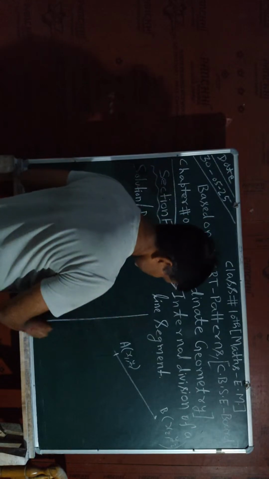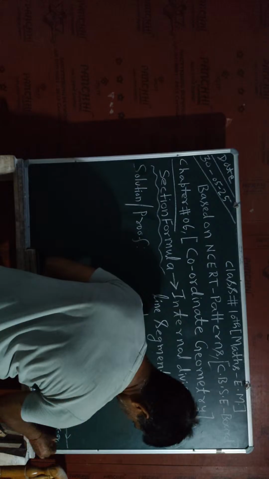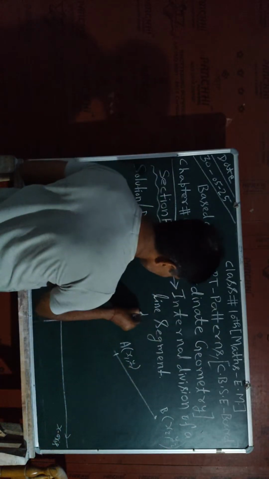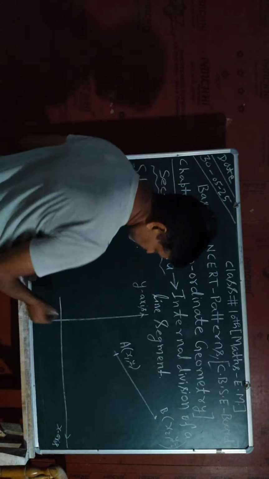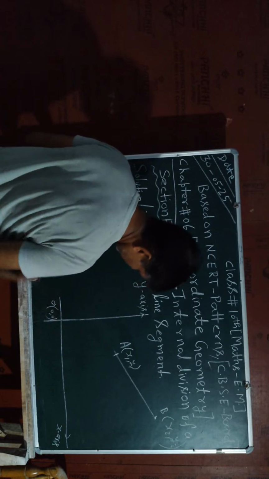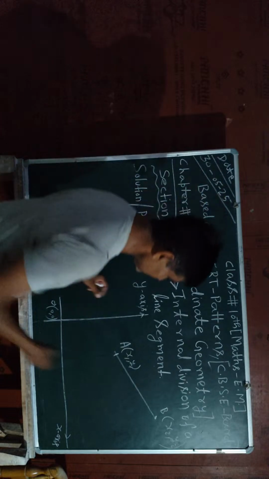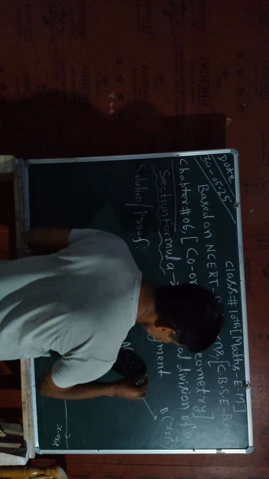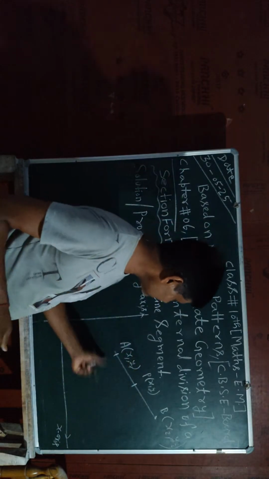First I am going to put it in the Cartesian plane. So I will say this will be the x-axis, and this line I will say is the y-axis. The intersection of these two axes I will call the origin and its coordinates will be 0, 0. Now you concentrate on this point. Now this line segment is divided by P and its coordinates will be x, y. So this point P is dividing this line segment AB